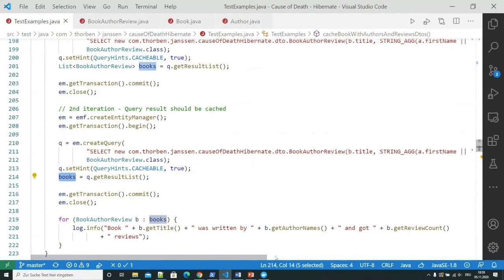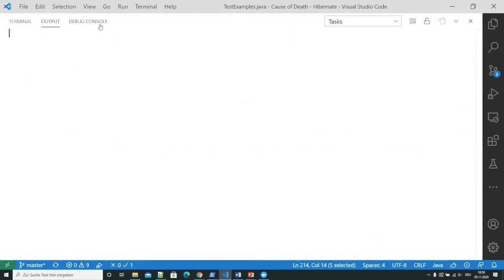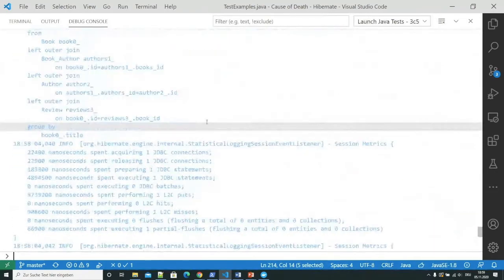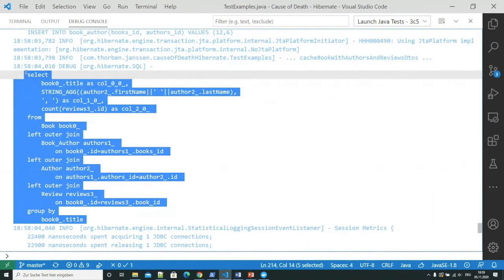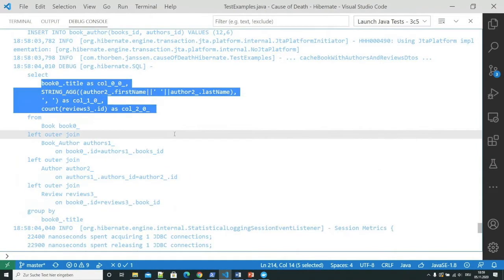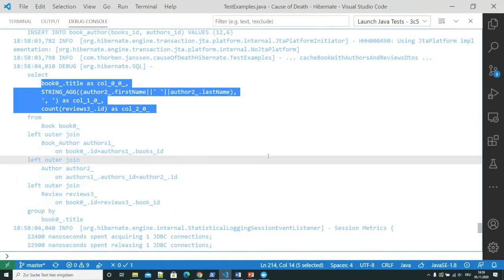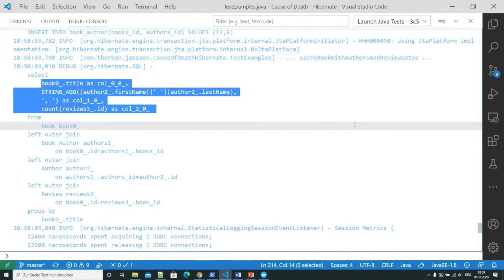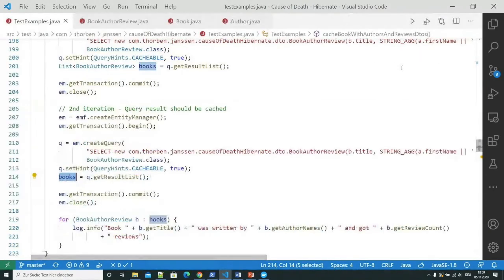So what Hibernate caches is the SQL statement with the result, so these 3 scalar values. And then when we run the second transaction and get the data from the query cache, Hibernate instantiates new book author review objects for each record in the cache for this query result. So you don't need to worry about concurrency issues or stuff like that.